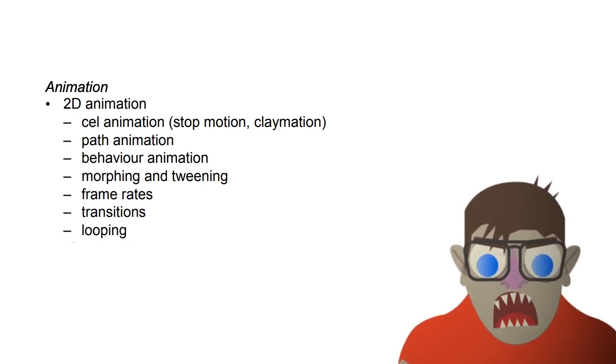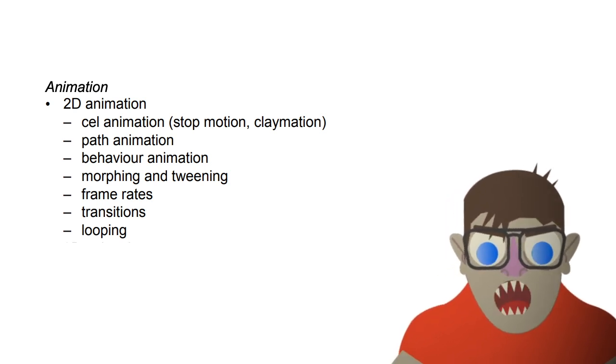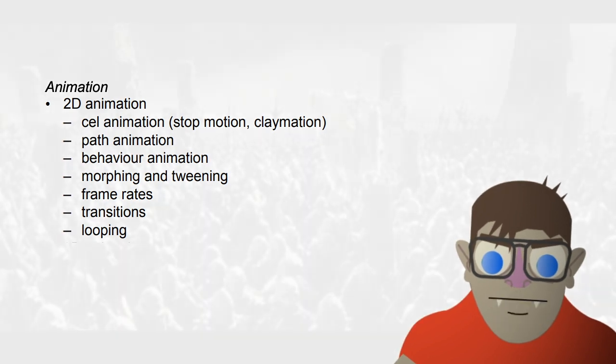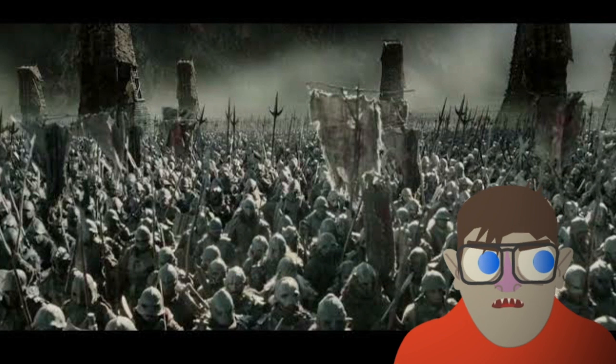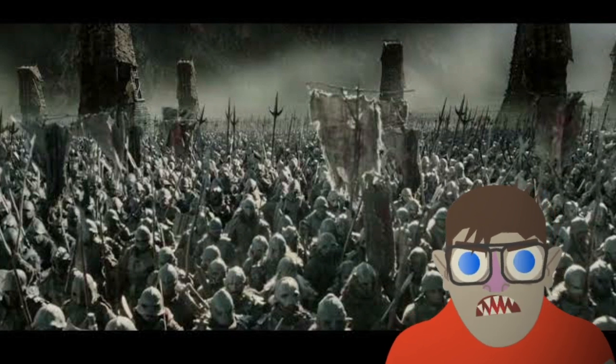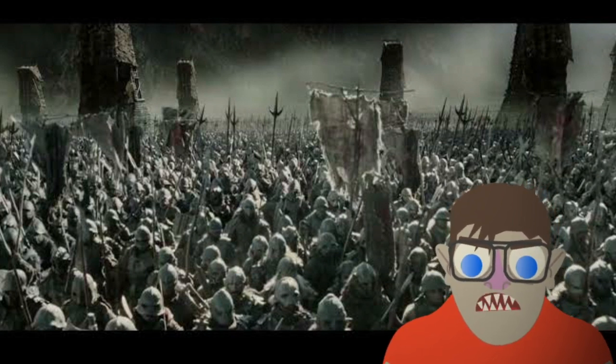It takes a little bit longer to get set up. Once you've got set up, behavioral animation can give you really cool effects. A movie example of where that was done is Lord of the Rings, the massive orc battles. I don't know which Lord of the Rings it is, and I don't think it really matters because, let's be honest, it's probably in all of them. So there's hundreds of villains on screen,